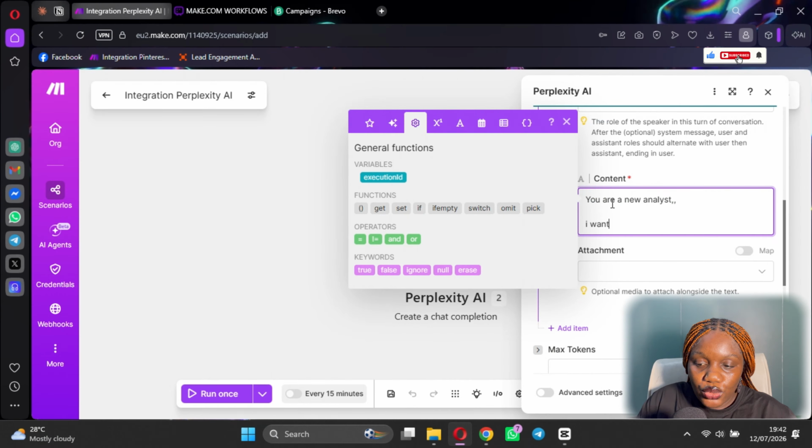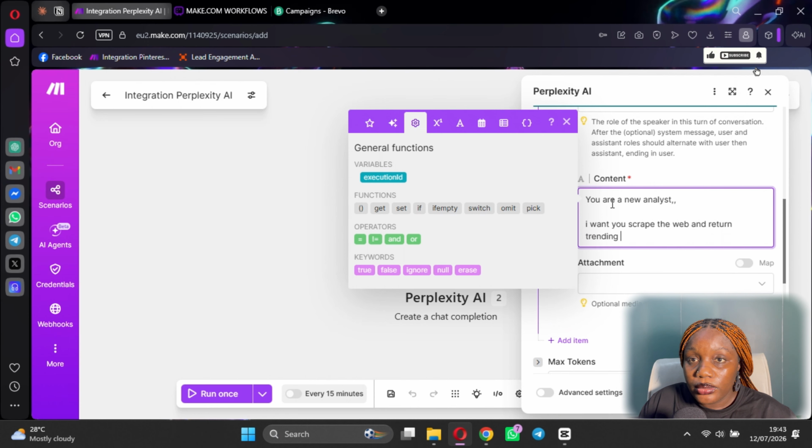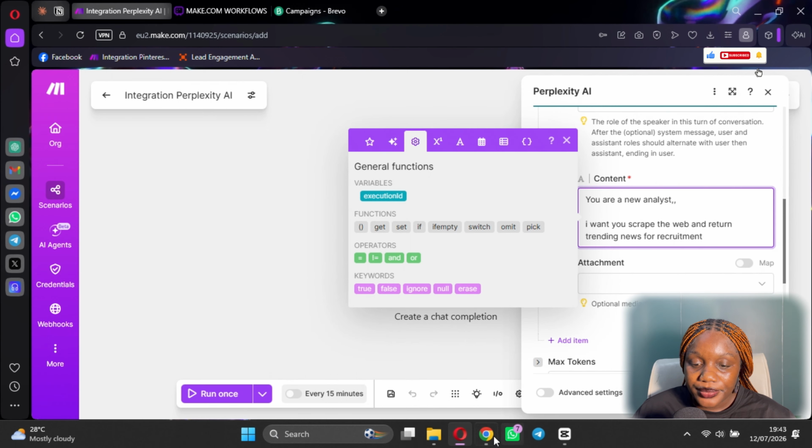I want you to scrape the web and return trending industry news for recruitment or whatever. Of course, make sure that your own prompt is better. Trending news about or around recruitment,